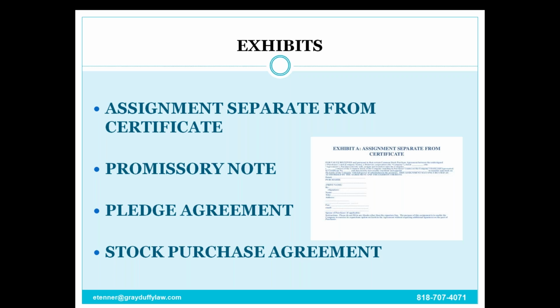So because the factory typically requires a stock purchase agreement in order to approve a transfer, the manufacturer is always going to have to, or at least in most cases, is going to have to approve the transfer. In some cases, their dealer agreements will provide that a minority interest can be transferred without factory approval, but that's less typical. You can always just attach the stock purchase agreement that is used for the buy-in as an exhibit and say that it's going to be the same terms for the buyout if there is a buyout under the terms of